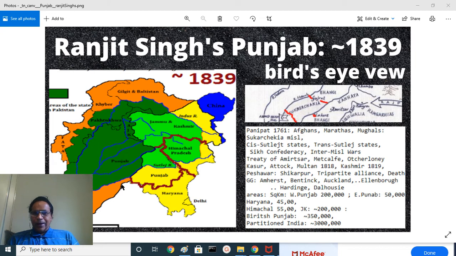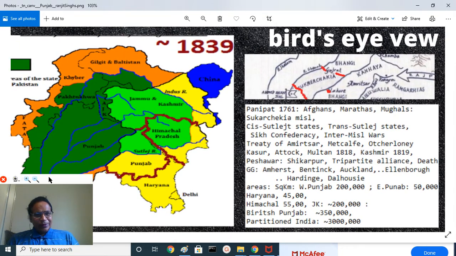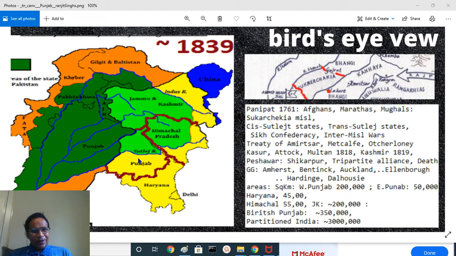And according to the treaty, Maharaja will not venture south of the Sutlej, that will be the border between East India Company Bahadur and Ranjit Singh's territories. In a sense, the treaty was also not totally bad. It gives a solid freedom for Maharaja Ranjit Singh to conquer the territories on the other side of the Sutlej,